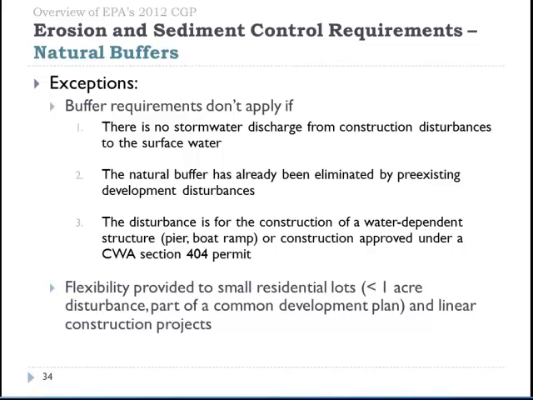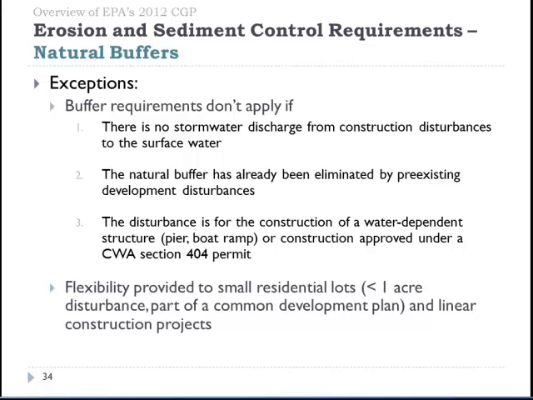For small residential lots, which in the permit are defined as residential disturbances of less than an acre, but that are part of a common plan of development, so would be subject to the permit, we developed, in our buffer appendix, which is Appendix G,